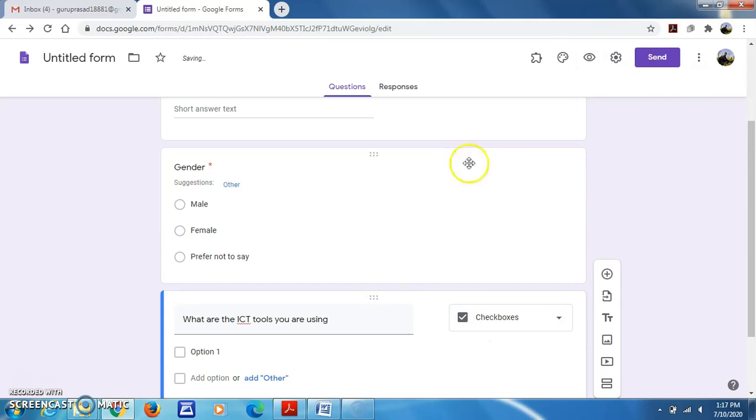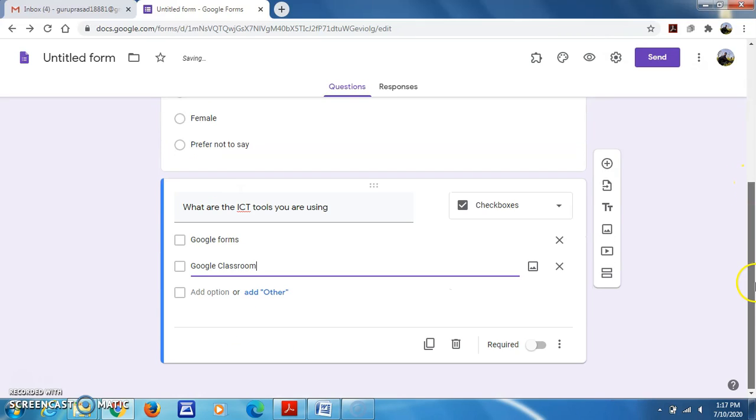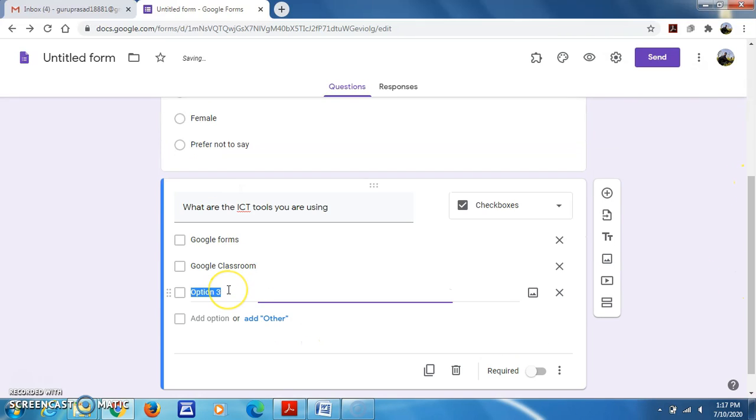Therefore the option will be checkbox. Options maybe Google Forms, Google Classroom, any other like that. Okay, for video recording also OBS, Open Broadcasting System,